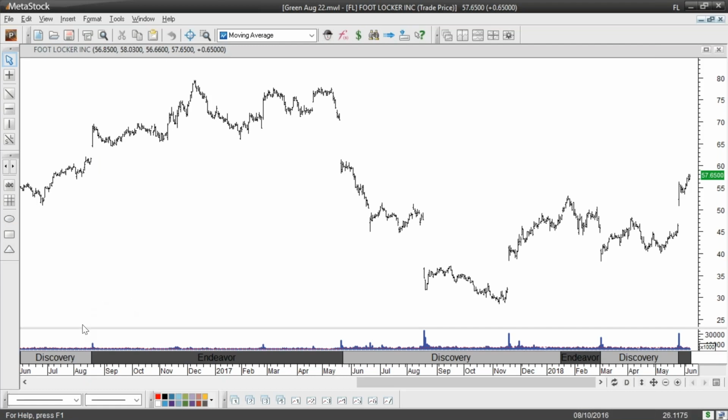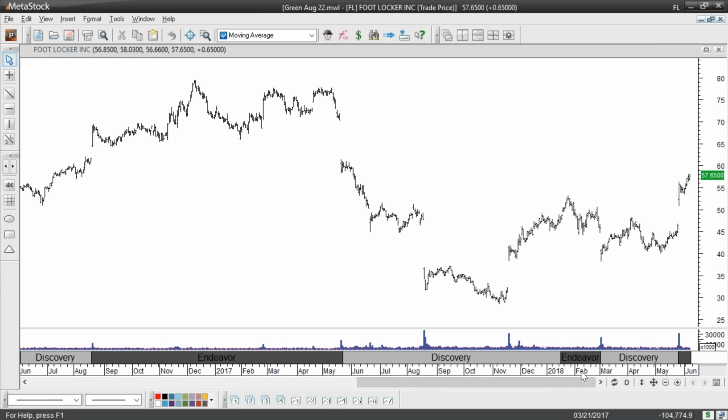Depending on how large or small these blocks of Endeavor and discovery are can also tell you how much of a trender a stock is. The longer the times that you get in discovery, the more likely it is to have had a long downward trend or consolidated for a long time. If you're in Endeavor for a very long time, then you are more likely to have trended up for a while. This stock is so-so. We can see that we get an okay trend here when in Endeavor. However,